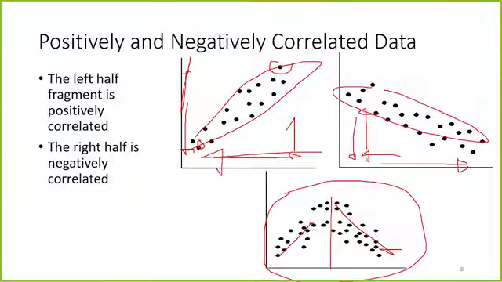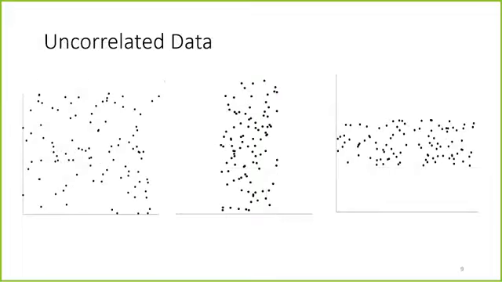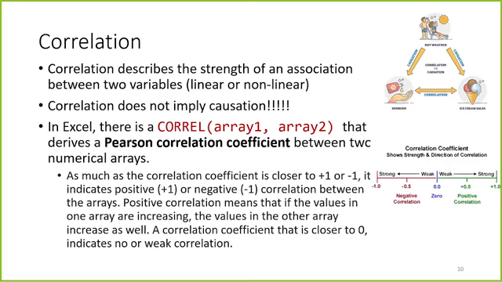And if you have a scatter plot that looks like this, that means they are obviously uncorrelated. Correlation coefficient should be around 0. Okay, so correlation describes the strength of the association or relationship between two variables, whether it is linear or non-linear. Okay, but what you need to know is that when you interpret